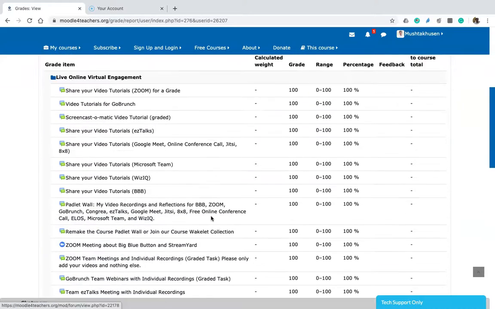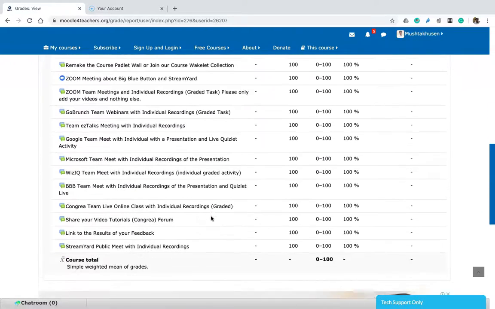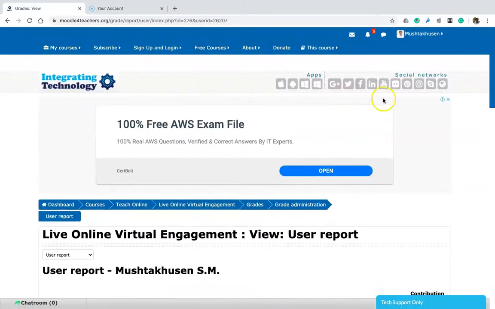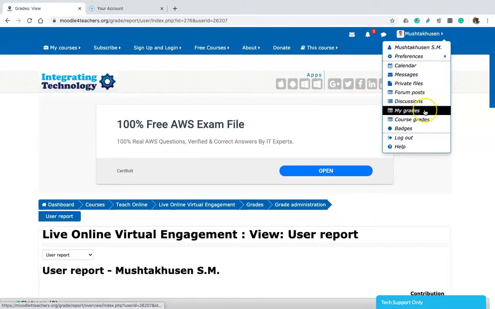Okay, my grades and course grades. Since I have completed this course, I will be able to see the course grades. The difference between my grades and course grades is that course grades is for a particular course, and my grades are for all the courses which you have taken up or completed.